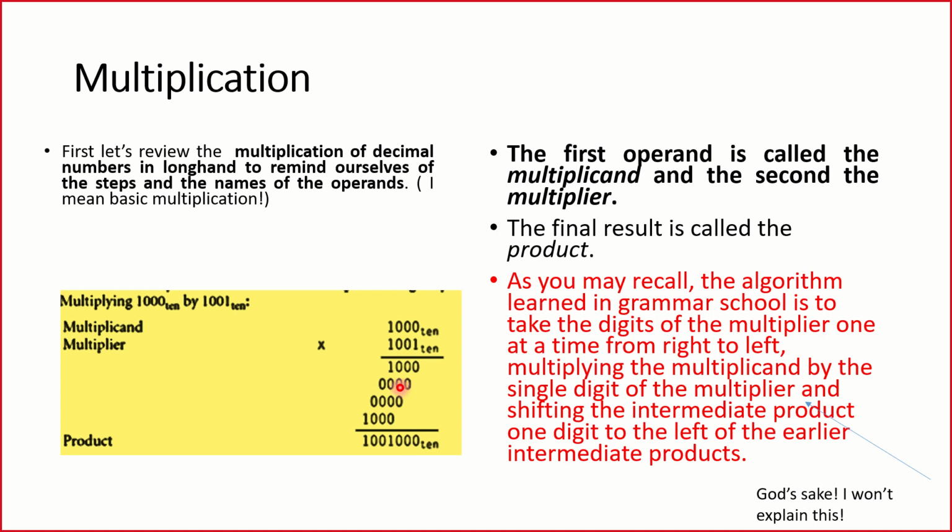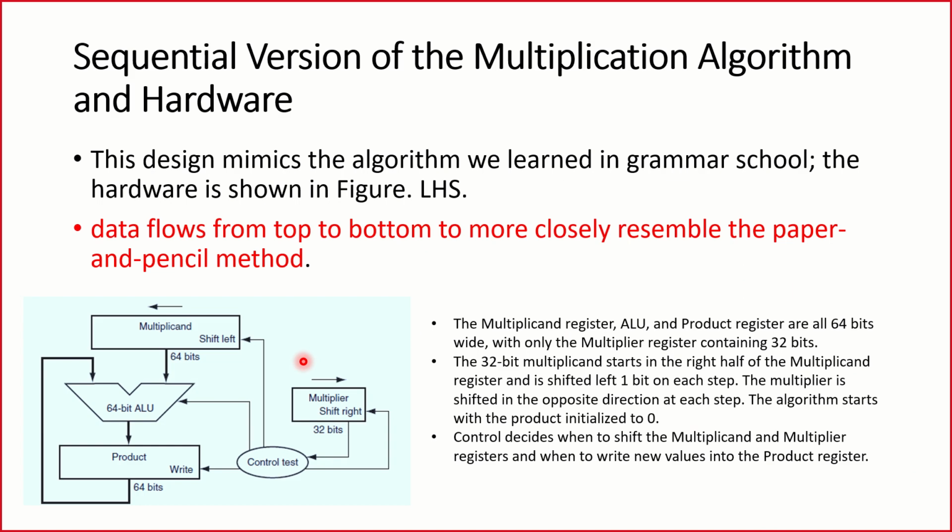product. Now who will decide all this: when to move, where to move, how to move? There is a control register which is going to work on this. This control decides when to shift the multiplicand and the multiplier registers and where exactly to write the new values into the product register. Now remember, we have got the product register 64 bits wide, we have got ALU 64 bit, we have got multiplicand 64 bits wide, with a lot of reasons. I will explain that as well a little later.